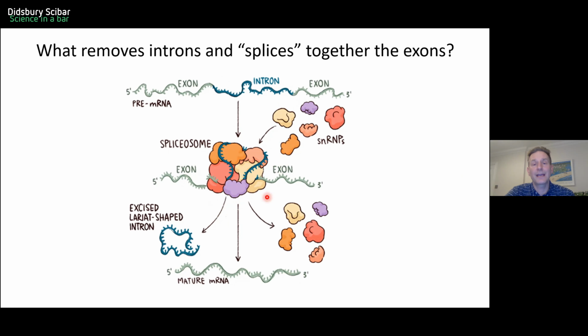And this is quite a big complex. We know quite a bit about how it comes in and recognizes the sequences in the RNA to know where the intron is and where the exons are. And it cuts out the intron and splices the two exons together. It's very similar to how a film editor edits a film after production, and wants those bits of film to come together in the right order and in the right sequence to make sense. So the spliceosome is doing the same thing.